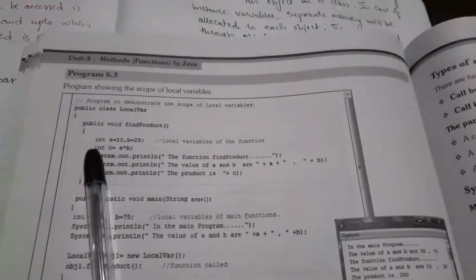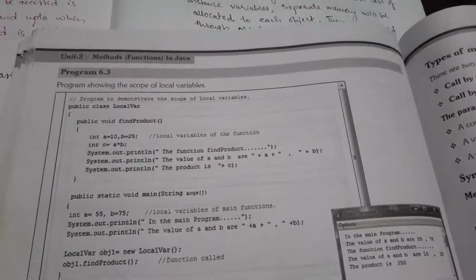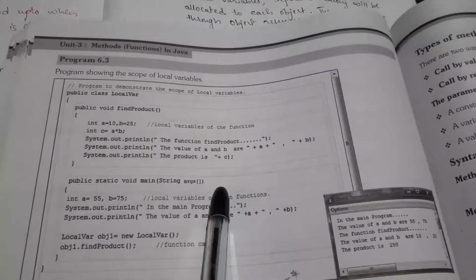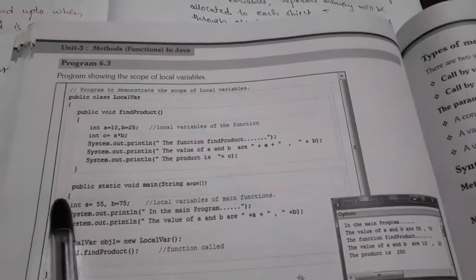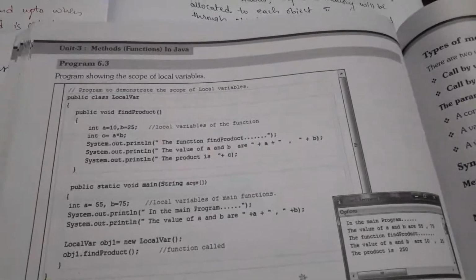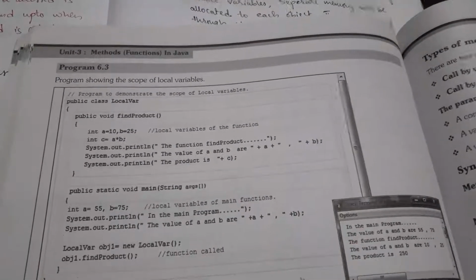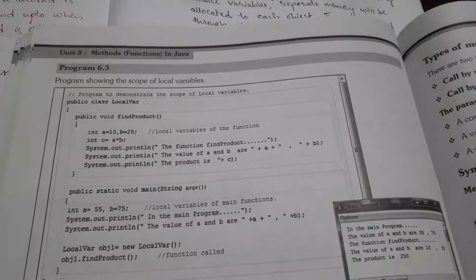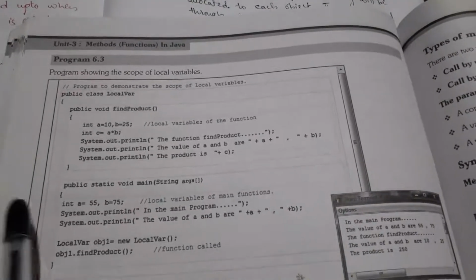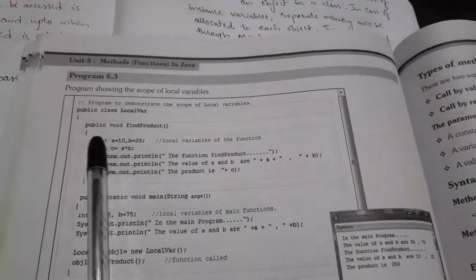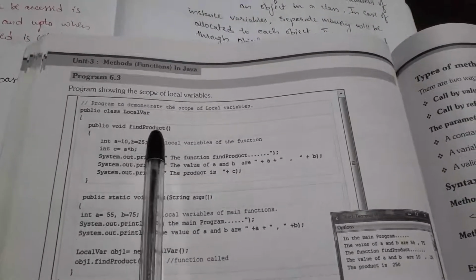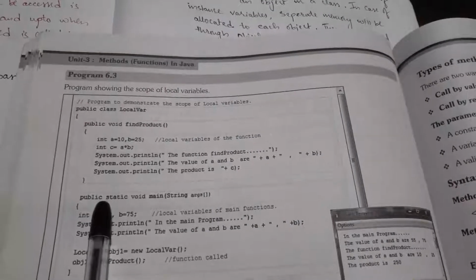All right, so whenever we are dealing with this sort of program, what we have to remember is that the class always begins with the main method. We have learned those things in previous classes. So here also you can find two different segments of the program. One is public void findProduct, which is only a method, and this is the main method.